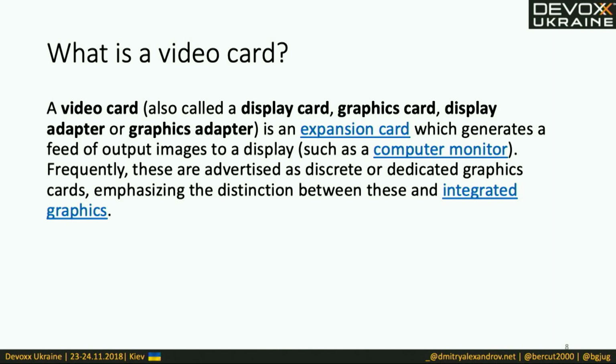As you probably see, this was stolen from Wikipedia. A video card is a piece of hardware which converts the bytes in your memory to some analog signals and sends them to the display.